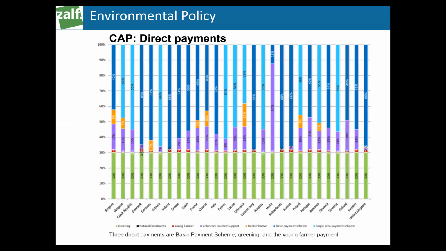And this is a line of what should be intended to level out, to reduce on the one hand side and to increase those in the direct support for those which are not very high in terms of share. If you look at the direct payments, we have the 3 direct payments: basic schemes, greening, and young farmers as the major part, but it's just to let you know the high diversity across the countries in terms of the programs. And the question is, is it good or not? Yes, it is good, because they can tailor their programs to the needs at a region explicit level. That means what regions need, they need also then tailored concepts at a regional level. Okay.